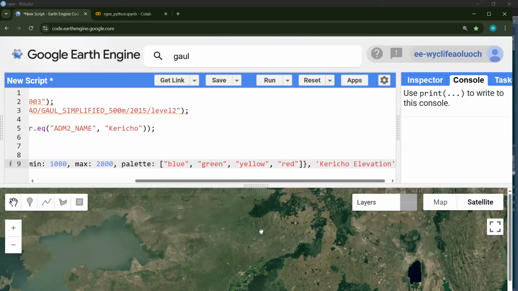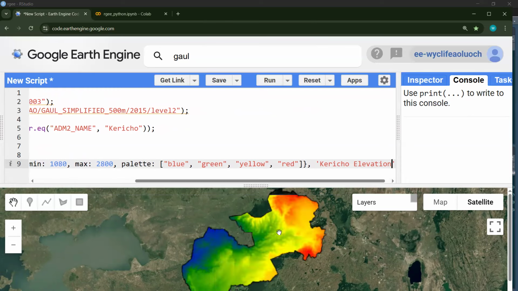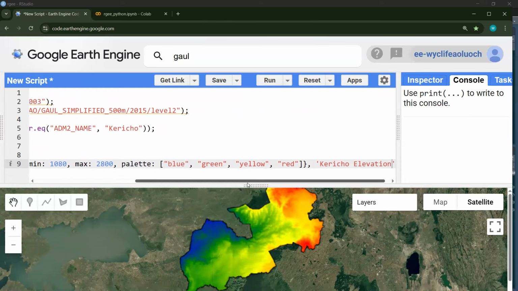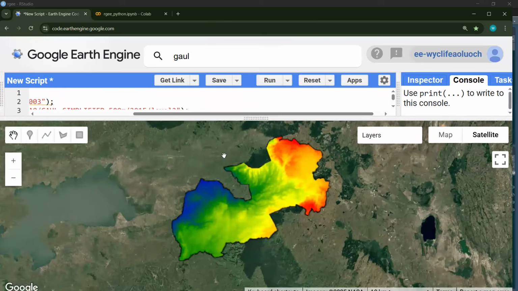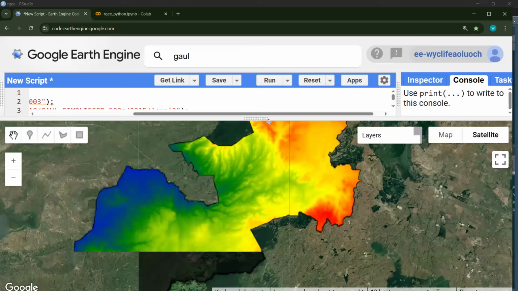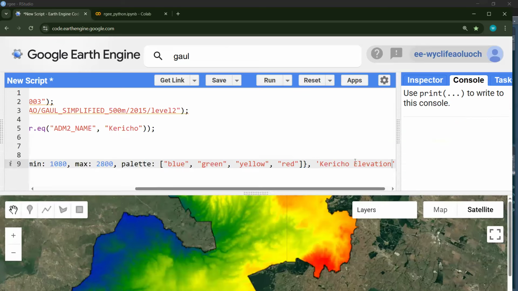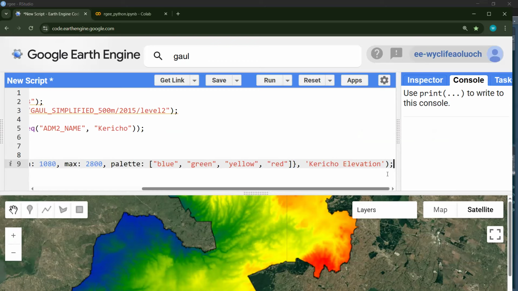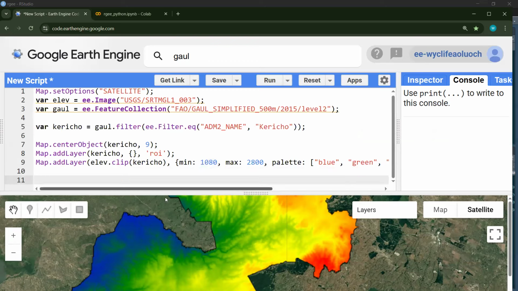Okay, so with that, we'll see a better visualization of our region of interest. So we have elevation data for Kericho. But then what kind of analysis can we do? If we go to the end, we end with a semicolon, and then we can get the mean elevation here, the mean altitude. So to get that, we can create a variable called statistics, and then we take our elev